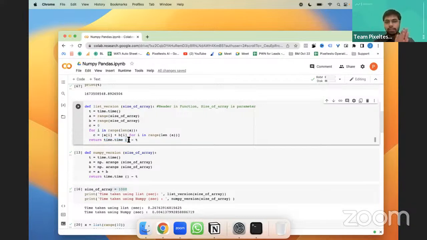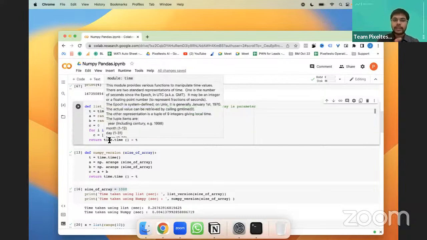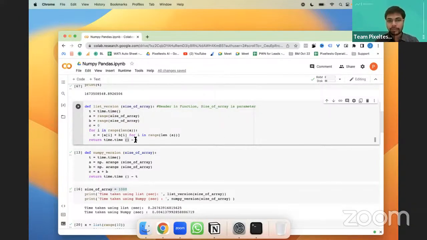For example, we started running the program at 10, and at 11, after 1 minute or 1 second, what we have done is subtract the time it was in the beginning from the current time, right? So 11 minus t. Because it was 10 before we ran, it will give us 11 minus 10, which gives 1, right? So that is where we'll know how much time this particular program ran.